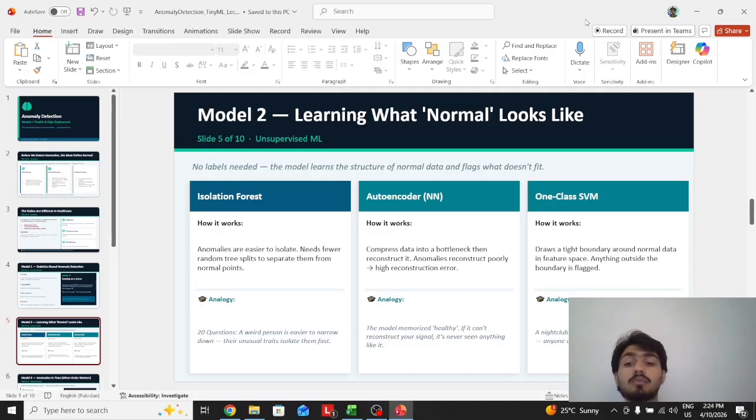Isolation forest, how it works. Anomalies are easier to isolate, needing fewer random tree splits to separate them from normal points. For example, a weird person is easier to narrow down because their unusual traits isolate them fast. You see, if a tree is going down like this, depending upon the choices made, it is easier